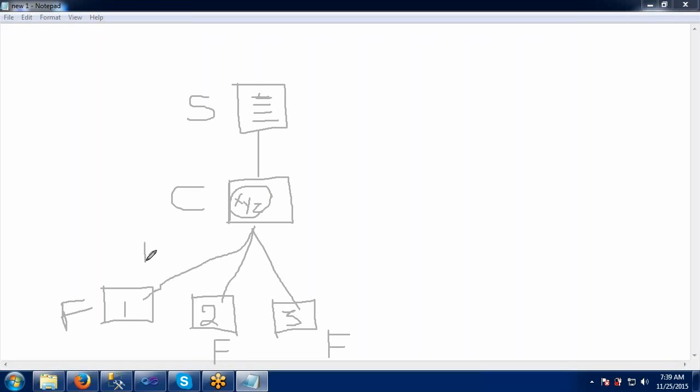Here 1 to 10 should come in the first file. 11 to 50 or 20, whatever it may be, should come to the second destination, and the rest all should come to the third destination. So this is the requirement.